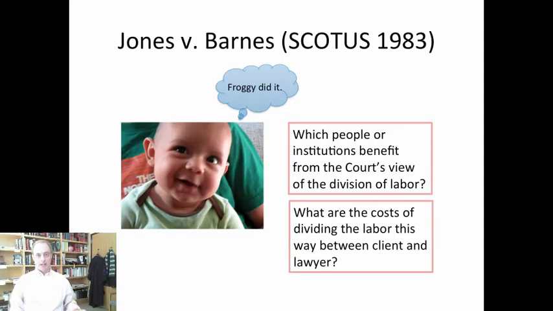We have an interesting application case here. It involves the interaction of this ethics doctrine of allocation of authority with the ineffective assistance of counsel doctrine. And the claim here by David Barnes, who's the defendant, is that the ineffective assistance of counsel doctrine should push more in the direction